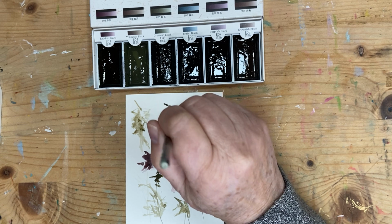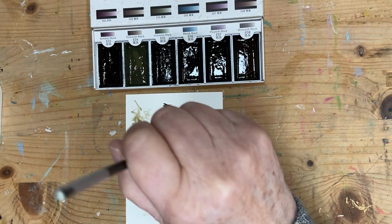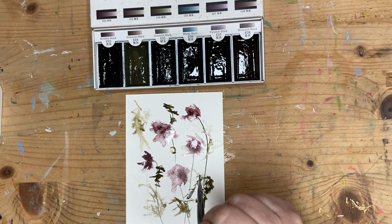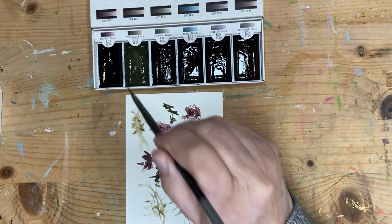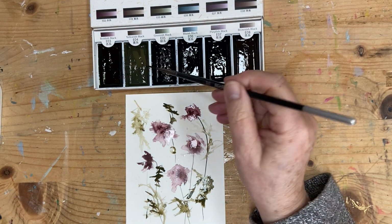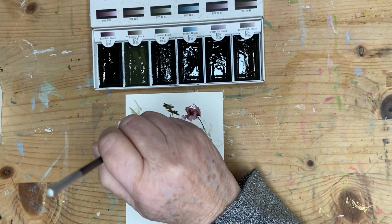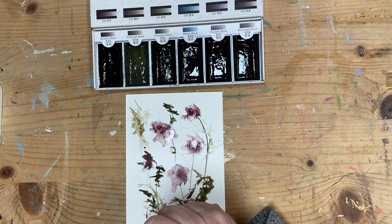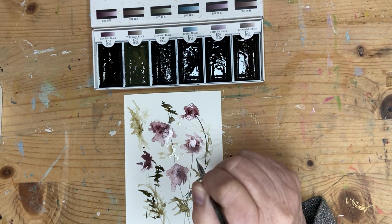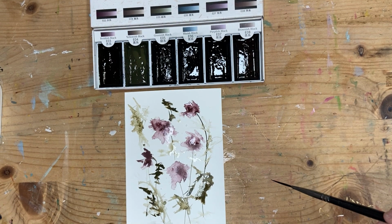I really like this. It's almost like I was watching some Japanese artists working, and they hold their brushes up, and they're quite, not brutal, but they really do push their brushes to extremes, and I quite like that. So I'm just going in with a stronger consistency of paint and just using the edge, the tip of my brush, just to give me some different kind of marks. I'm not really paying attention, really. I'm just moving around